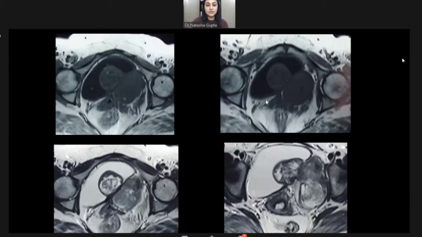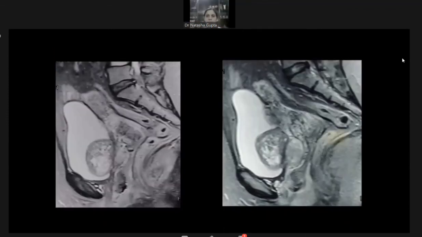Yes. On the T2 weighted images, ma'am, it is T2 heterogeneously hyperintense. And we can make out the dumbbell-shaped configuration here, and the margins with the uterus, the planes with the uterus postero-medially are well defined and maintained. So we can say that there is no invasion of the surrounding structures. Right. Some more images in other planes.